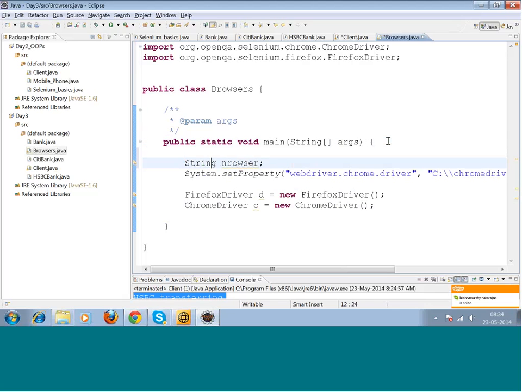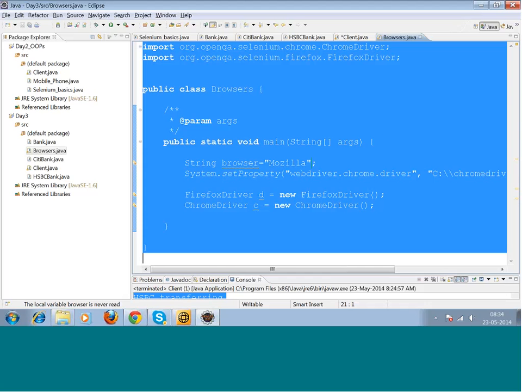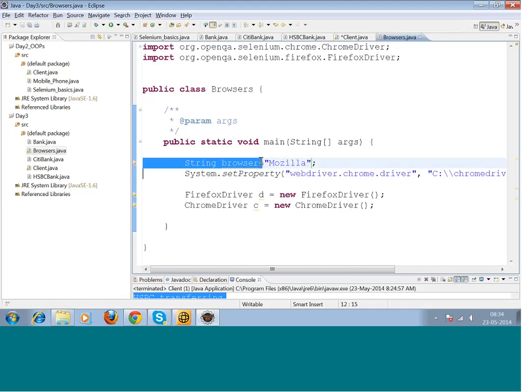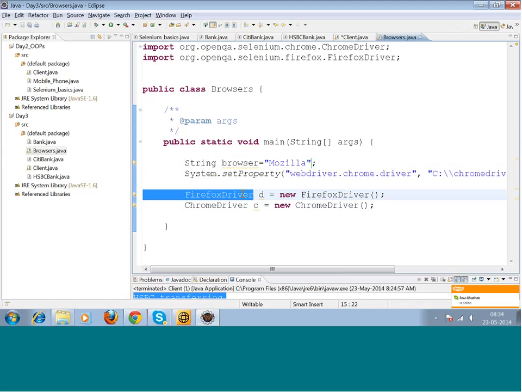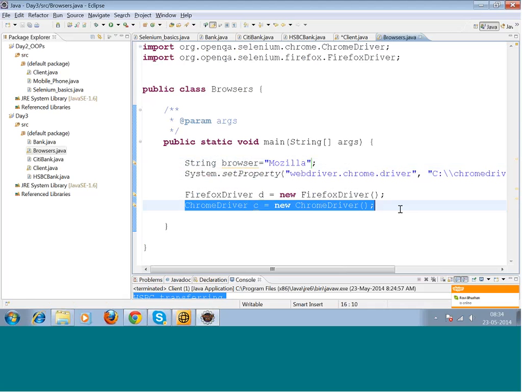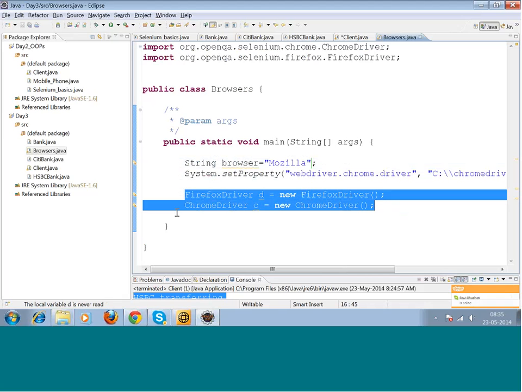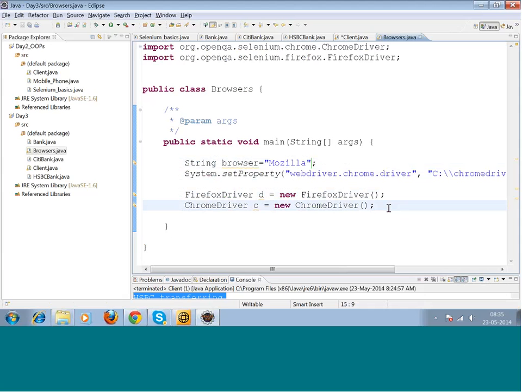String browser, the browser on which you want to work on. Fine. So it is equated to say Mozilla. Now, if my browser is Mozilla, then I really don't want to open up Chrome. I only want a Firefox driver to run. If tomorrow I change it to Chrome, then only Chrome should run. So to manage this kind of situation, we use the second,